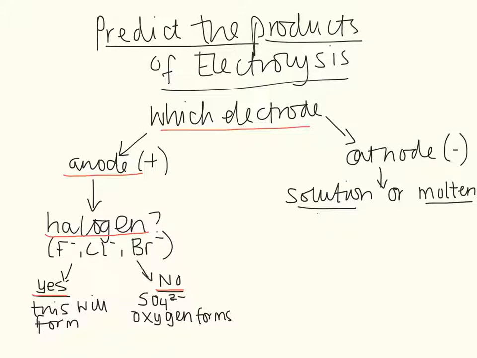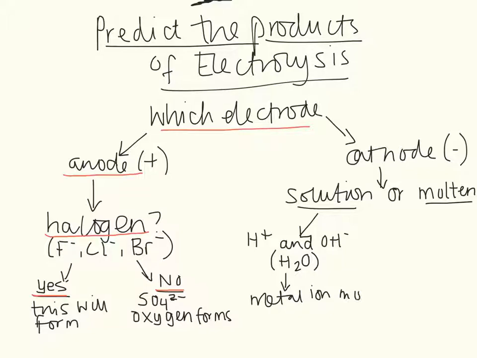If it's a solution, then it means you've got H plus and OH minus ions present. And the reason you've got those is because they together form water. And in solution, it means you've dissolved something in water. Okay, so once you've thought about whether it's in solution or molten, you need to decide whether your metal ion, so it might be copper or iron, any metal ion, whether it is